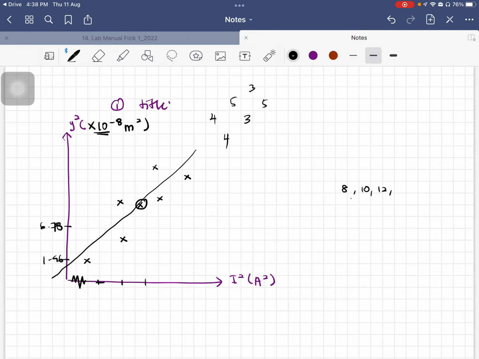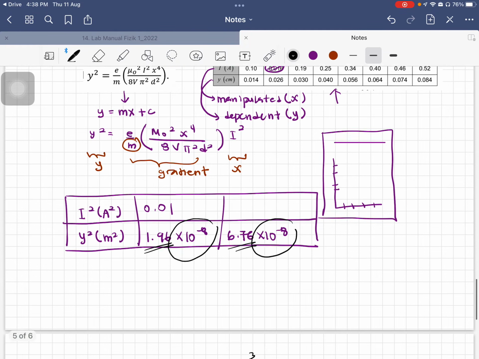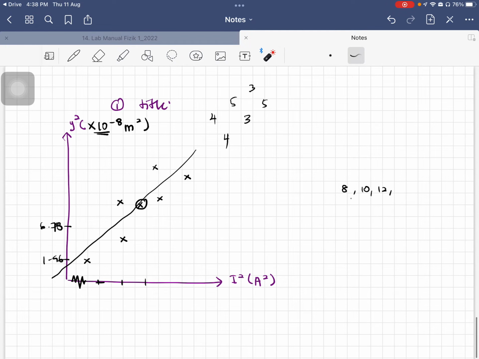Okay. If you look at your equation, there is no y-intercept. It should start at 0, 0. But since we have this seesaw here, your line is not at 0, 0. It depends on your graph. If you choose a suitable graph without the seesaw, you will start here. But it is okay if you pass through any line here or here, as long as you choose a straight line.